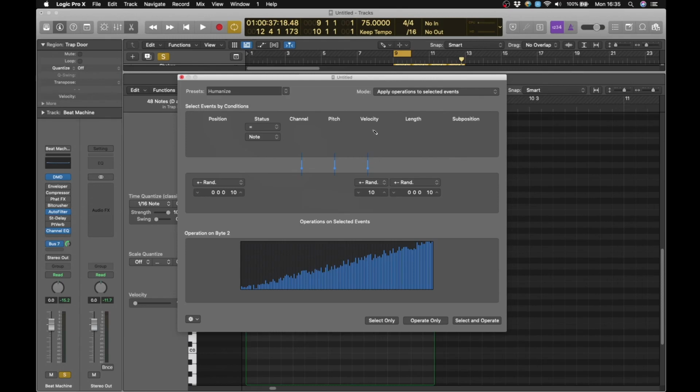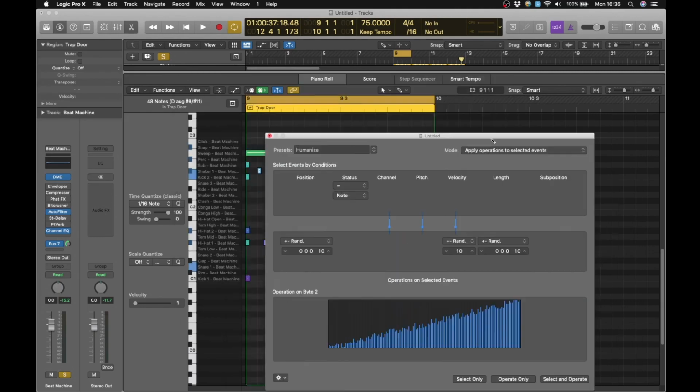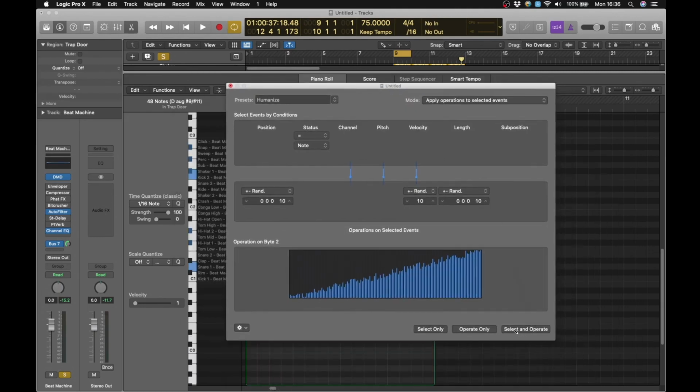And then next you've got velocity, and it'll slightly randomize the velocity because maybe you've copied a few notes, so a lot of them might be the same. So this will slightly change a few of the velocities. It'll keep the rough feel of the loud notes being loud and the quiet notes being quiet, but it'll just change them a little bit so that the quiet notes are ever so slightly different from one another. And the last one, it changes the length a bit, but that really doesn't make any difference at all with our drums. So what you can do is when you've got a box drawn, you can just click operate,